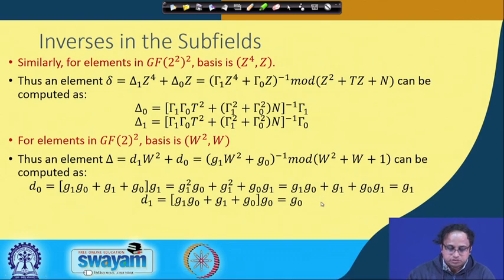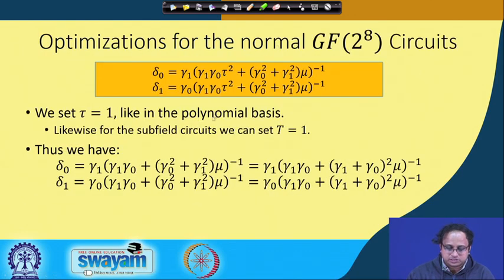Okay. So likewise, we can now try to look for optimizations like what we have seen in the polynomial basis context. You can note that tau appears in both the equations, and therefore, exactly like in the polynomial basis, we can set tau as 1. Note that I cannot set mu equal to 1 for the reasons which I told in the last class. Essentially, this would then become a subfield of this particular field. So I will set tau as 1, but I will not set mu as 1. But at least setting tau equal to 1 gives me a nice opportunity for optimization.